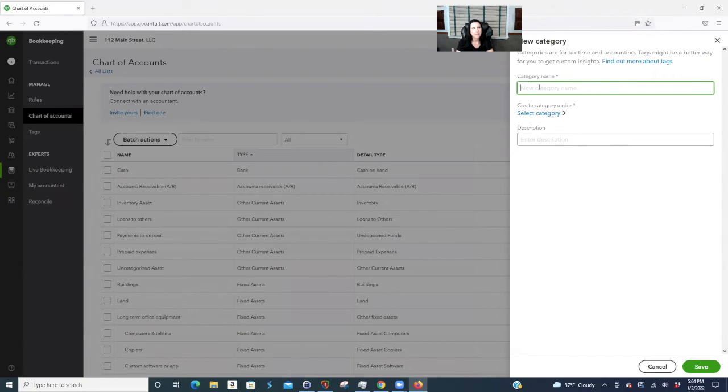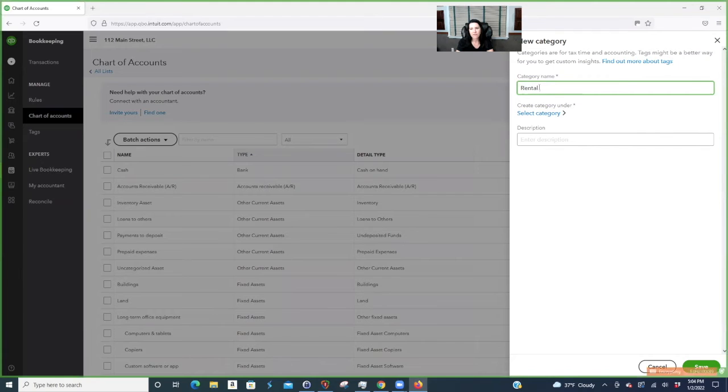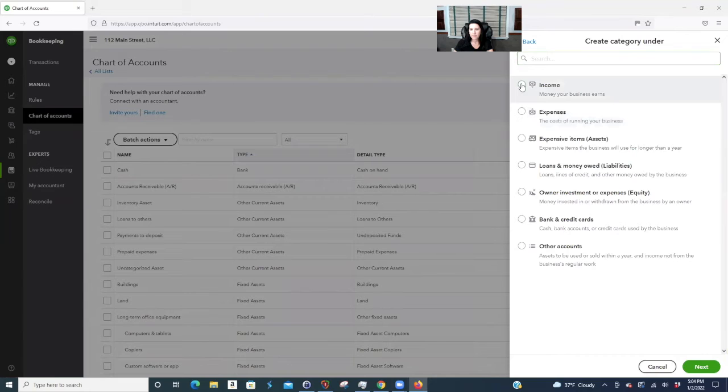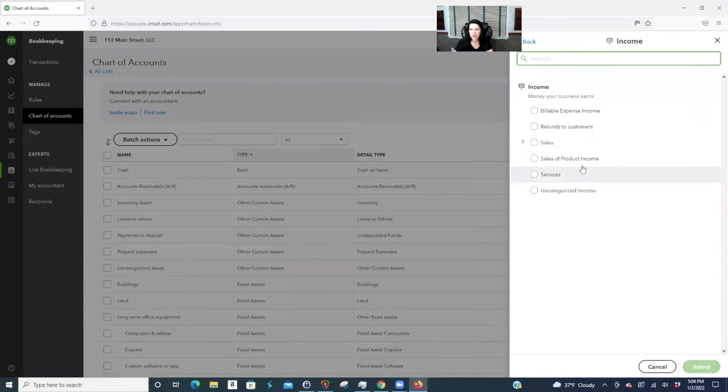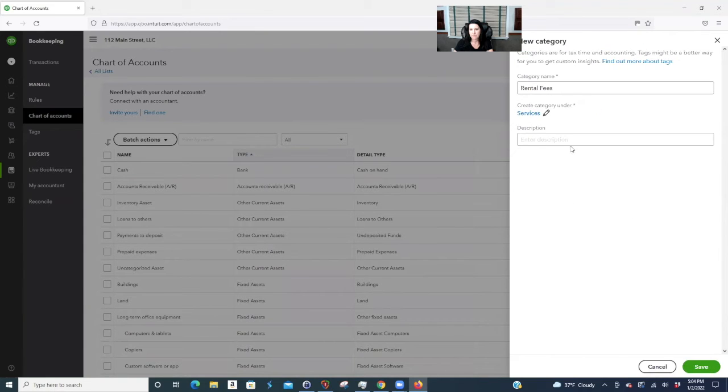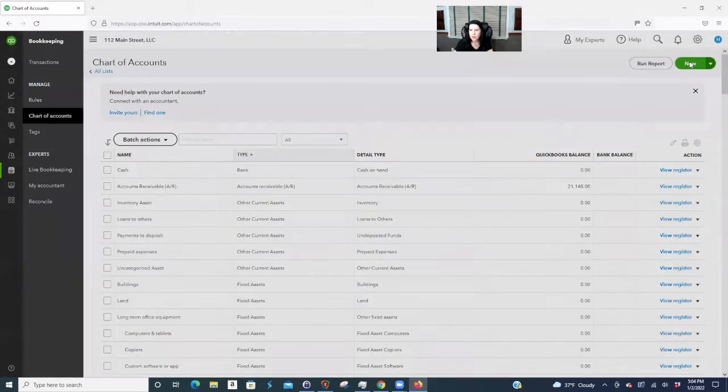Well, let's call it rental fees, okay? Income, I hate this chart of accounts thing. Services. Okay, so we'll say rental fees, new,